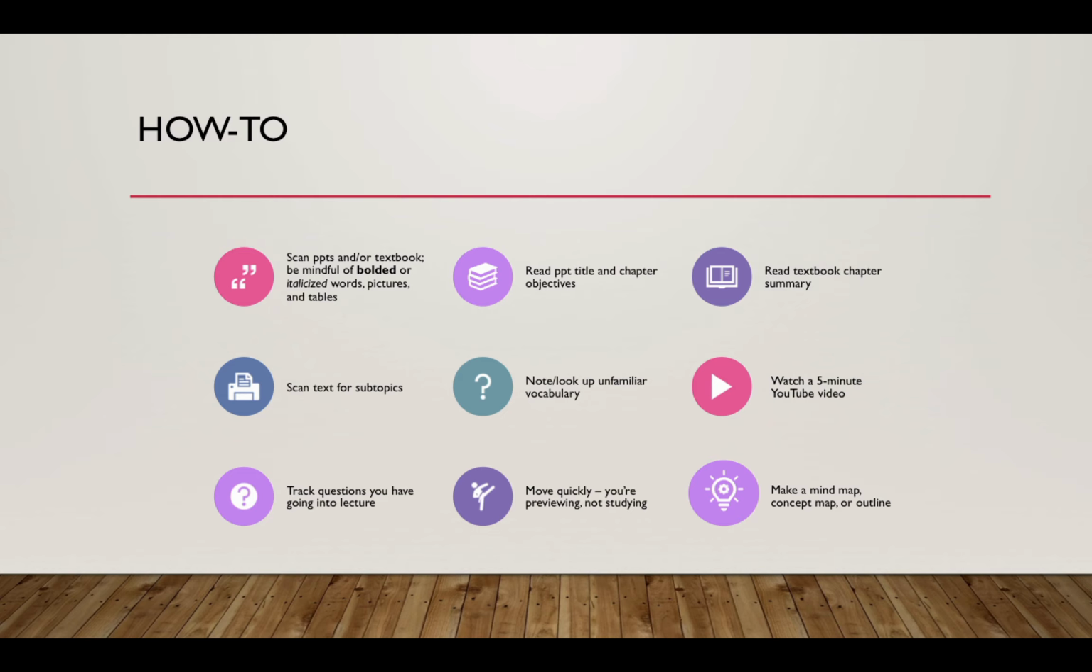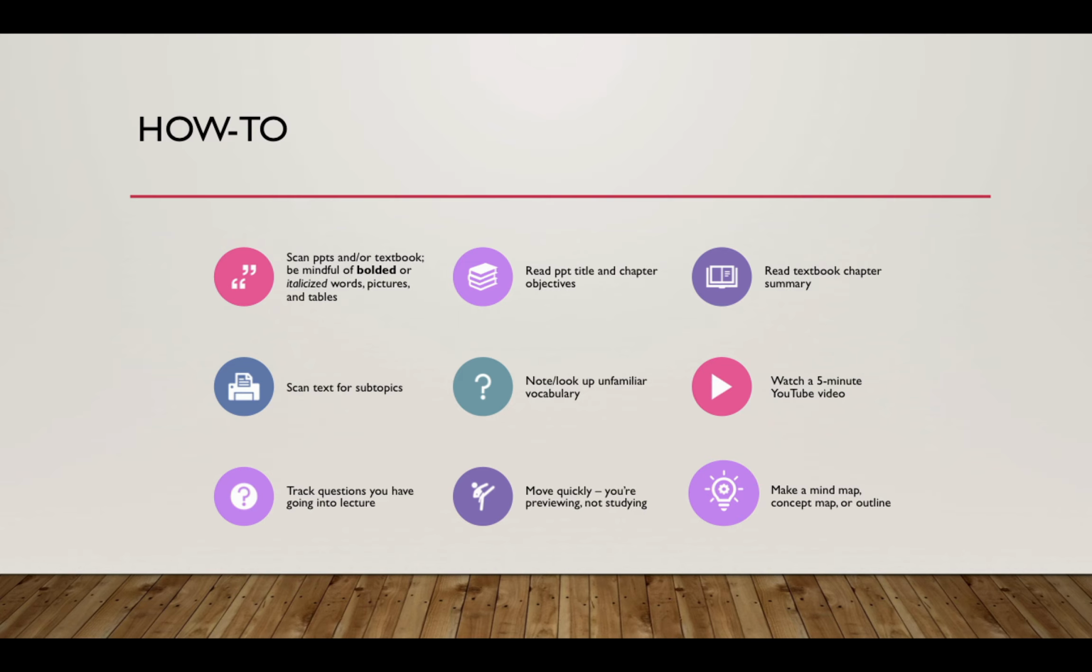So one thing you can do is scan the PowerPoints and or textbook. Be mindful of bolded or italicized words, pictures, and tables. So you're looking for important information. This is really good, especially if you're not familiar with the terms, because those terms are going to be really important. If your professor's using those words and you don't know what they mean, it's going to be tough to